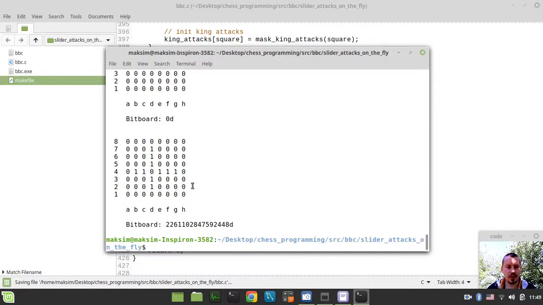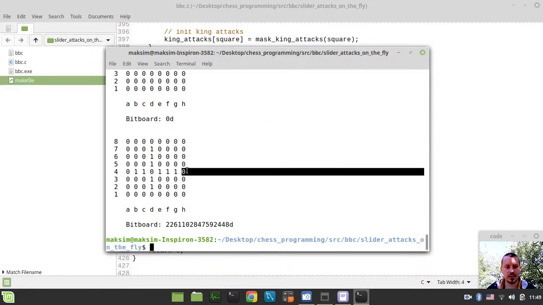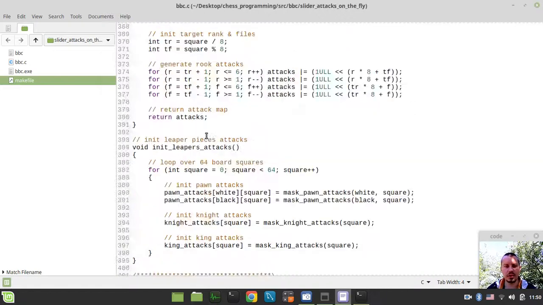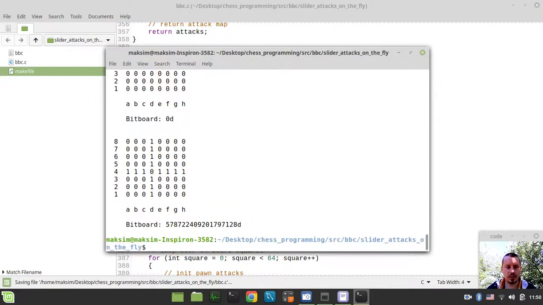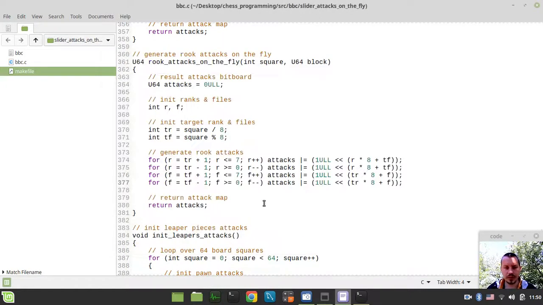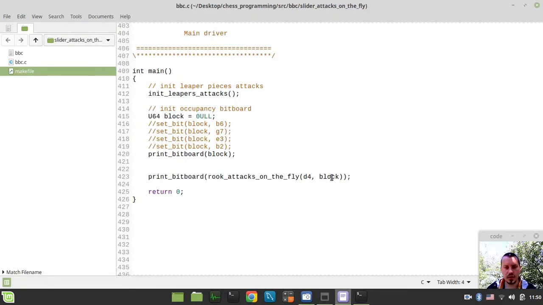Okay, so I just forgot to hit the board edges before anything else, so let's take care of this. So rook attacks on the fly, less equals than 7, greater equals than 0, 7, 0. Okay, so now the rook hits the board edges, which is good,